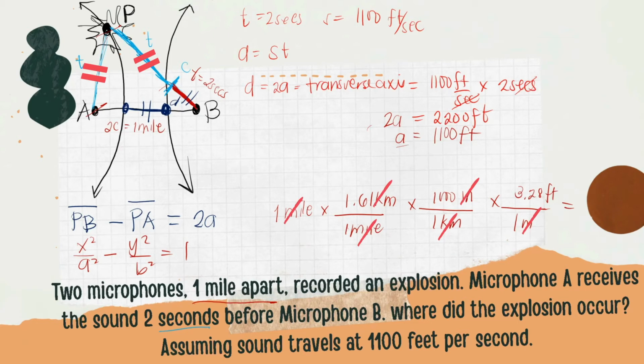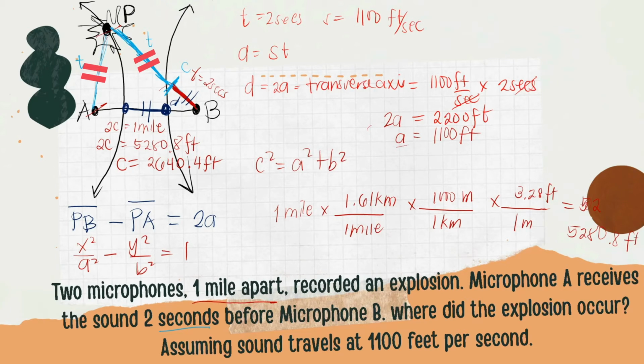So, yung 1 mile into feet, so that is 5,280.8 feet. So, yung 1 mile, so yung 2C, that is 5,280.8 feet. So, yung C, kailangan natin siya i-divide by 2. So, 5,280.8 divided by 2. So, 2,640.4 feet. Yung formula na C squared is equal to A squared plus B squared dahil nga mas mahaba si C,